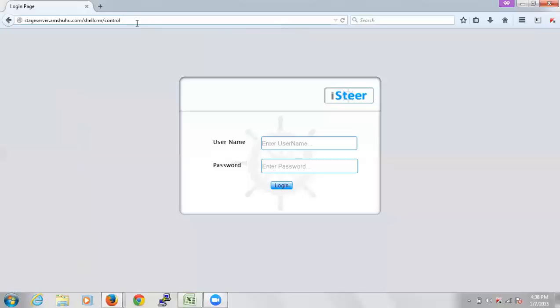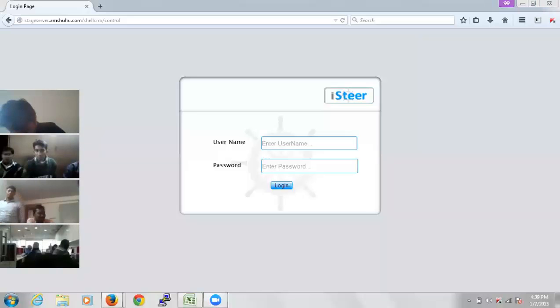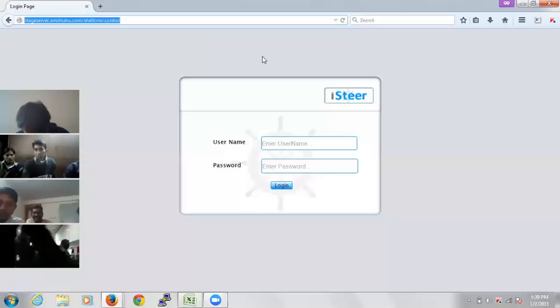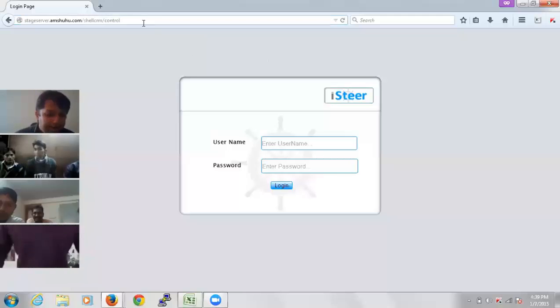Sir, are you able to see the iSteer login page? So I'm currently sharing a screen. Are you all able to see the login screen? Yeah, I can see it. We are able to see it. Okay.